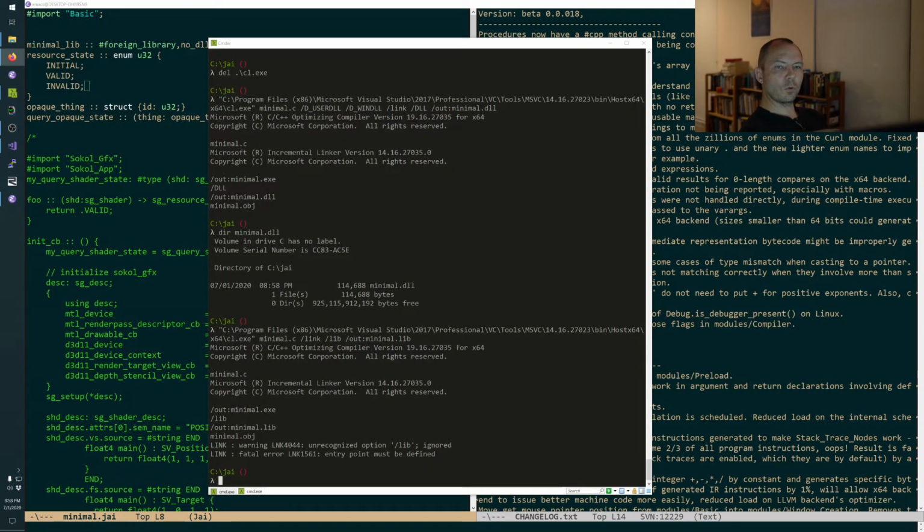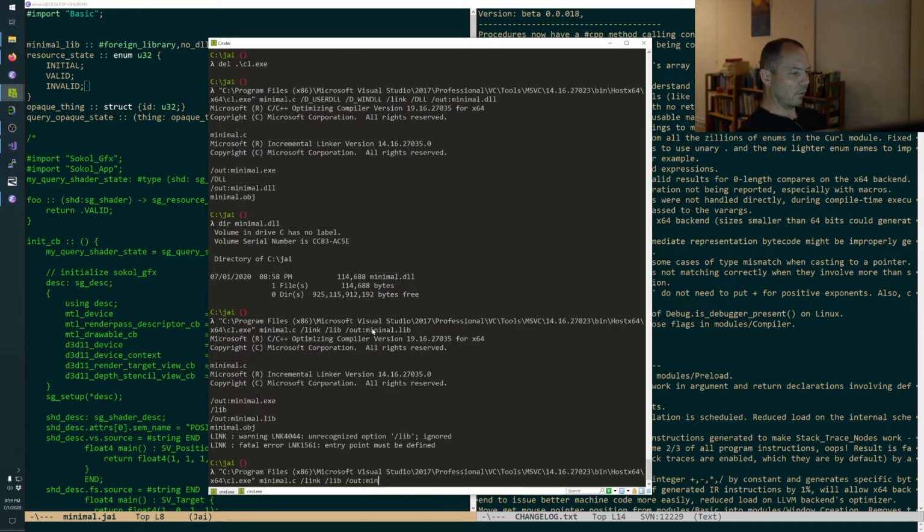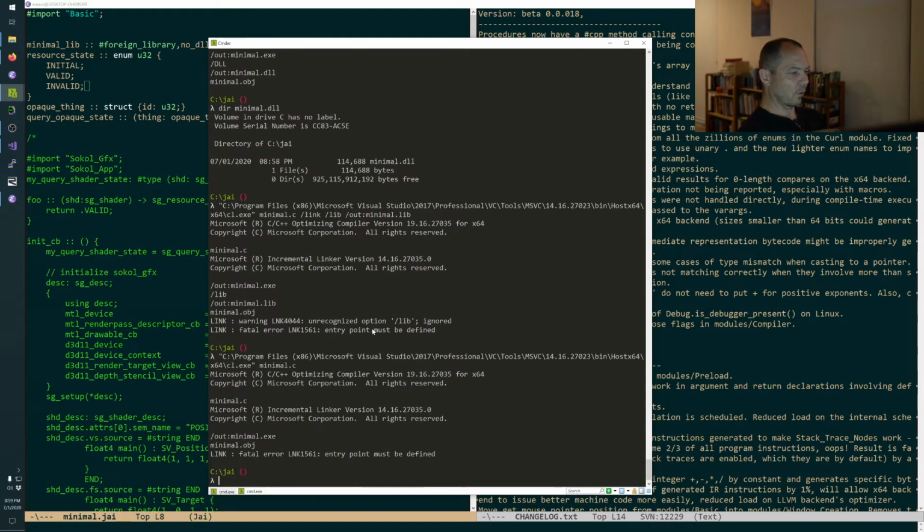How to build a static library using CL. All right, you got to do this in the 2 steps, I think. God.